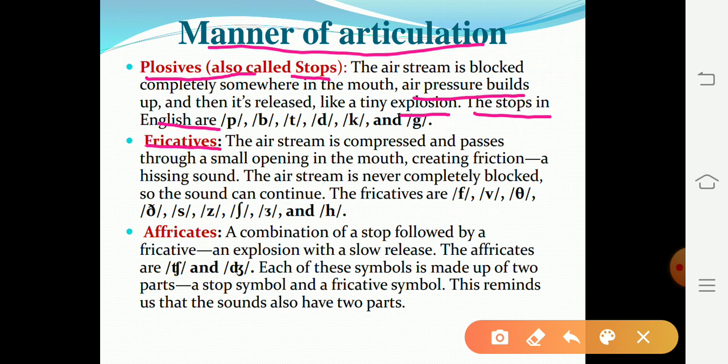Fricatives. The airstream is compressed and passes through a small opening in the mouth, creating friction. First one, tiny explosion. Second one, creating friction. A hissing sound. The airstream is never completely blocked, so the sound can continue. The fricatives are